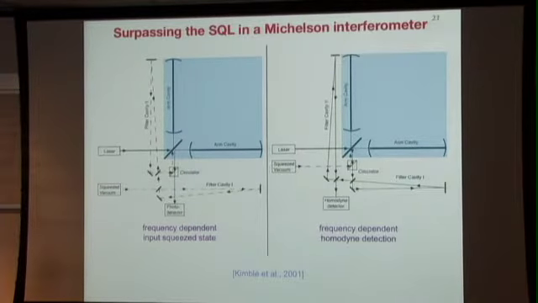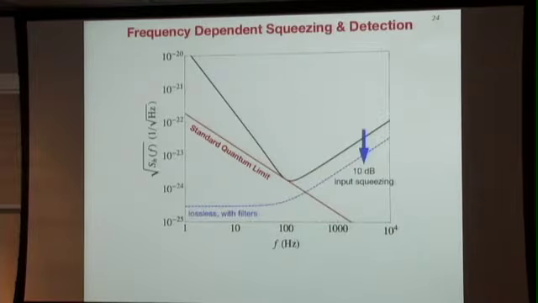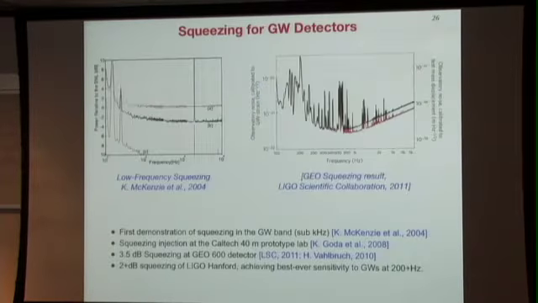So it turns out there are ways to achieve the frequency-dependent squeezing and the frequency-dependent Homodyne detection. Basically, you use filter cavities, and these filter cavities allow you to rotate the quadrature the squeezing is in, and then to rotate the Homodyne detection angle. And these are cavities that are detuned from your carrier frequency in just the right way. I won't go into much detail about this, but let me show